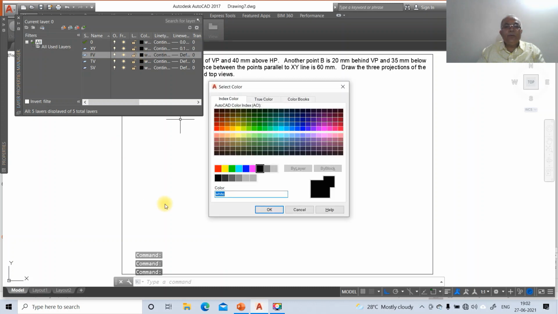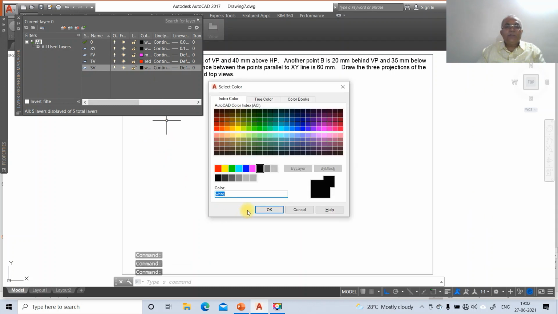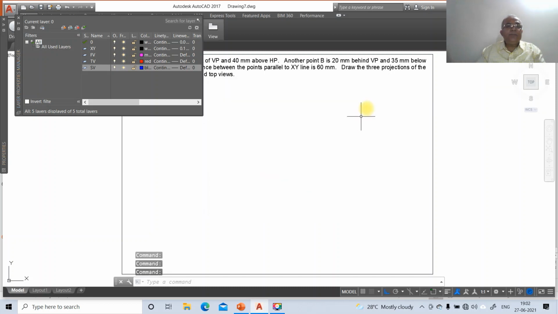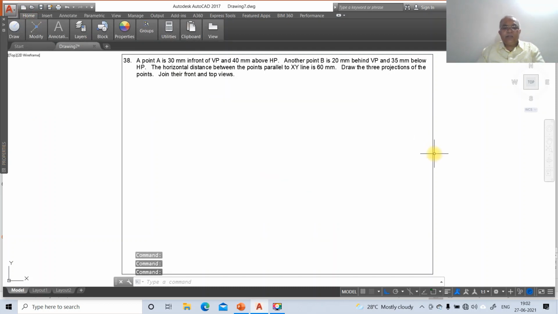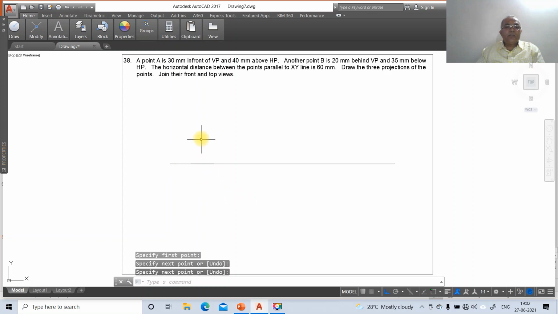Then go to front view, go to magenta, okay. Then the top view you are going to keep red, and then go to side view, type it as blue color. Now we'll close this, then go to line, select some arbitrary point and take the cursor and take some distance and click on the first button of the mouse, and again you take one horizontal